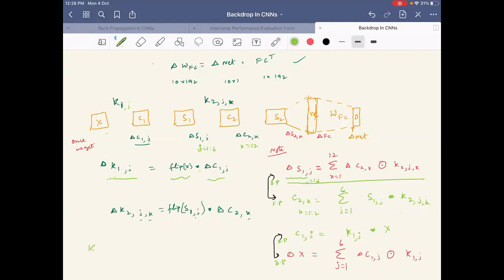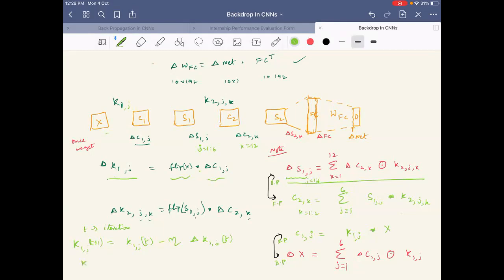Fine. So given all this, what do we do finally? What we want is kernel. So we want to update the kernels through backpropagation. So K1 comma Z at T plus 1 is equal to K1 comma Z at T minus eta times, for all elements, delta K1 comma Z at T. So we update through gradient descent. In simplest form, K1 comma Z at T plus 1 iteration, where T refers to iteration, is based on this.